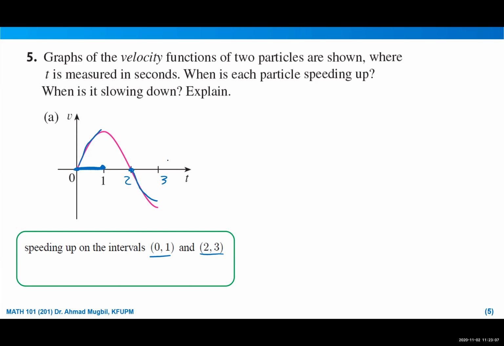Now from 1 to 2, it will slow down. Why will it slow down here? Because it is positive and decreasing. Positive means that the velocity is positive. Decreasing means the acceleration, its derivative, is negative. So they have opposite signs. Similarly here,